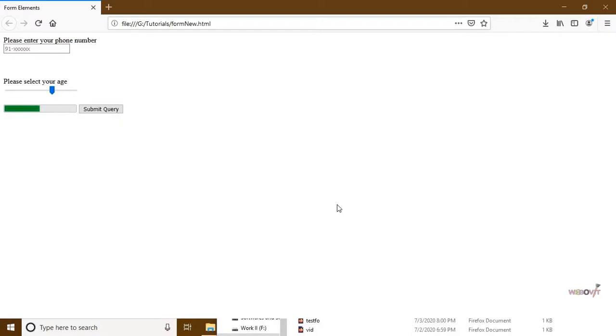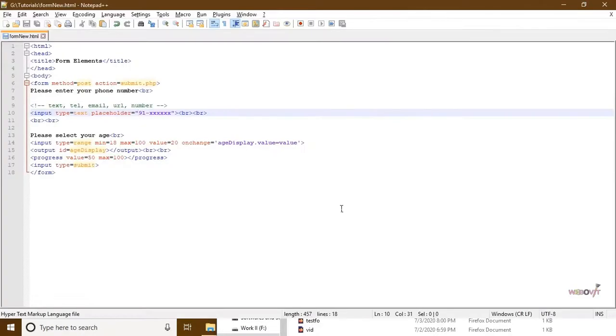If you want the browser not to auto fill that text, you could mention autocomplete. Suppose you notice that the browser is automatically suggesting the name and you don't want that to happen due to security reasons, you could mention autocomplete is equal to off.